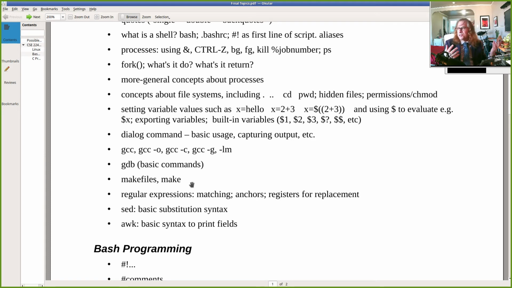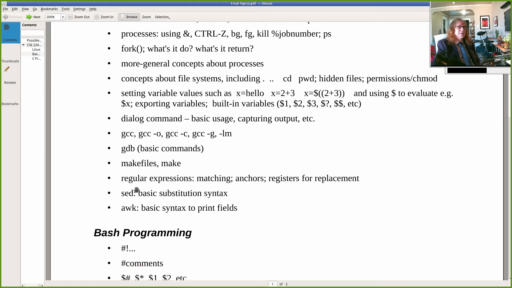So I might ask you to create a makefile. I might show you a makefile and ask you questions about it, or ask you to make changes to it, or something like that. And then make, you know, is the command that says look at the makefile and do some stuff. Regular expressions, we've used these throughout the quarter. You use them for homework 8. You've used them for other things, and we've been working with them a lot